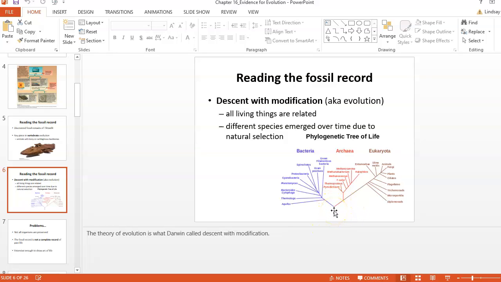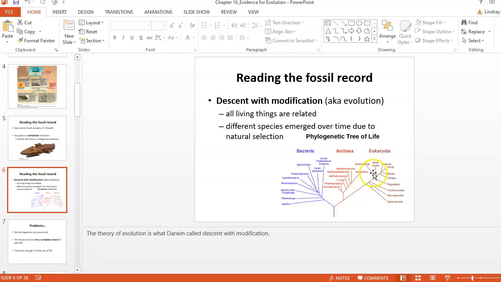So at one point, there was one cell that we all came from, basically, which kind of blows your mind to think about. And then through DNA analysis, they've been able to show that from this original ancestor, you have the three domains of life that we're familiar with today. So you have bacteria heading off this way, doing their own thing. Very early on, you'll have a group of organisms called archaea that branch off. Visually, they look just like bacteria, but they do have some similarities with our cells, especially in the way that they process and handle genetic information.